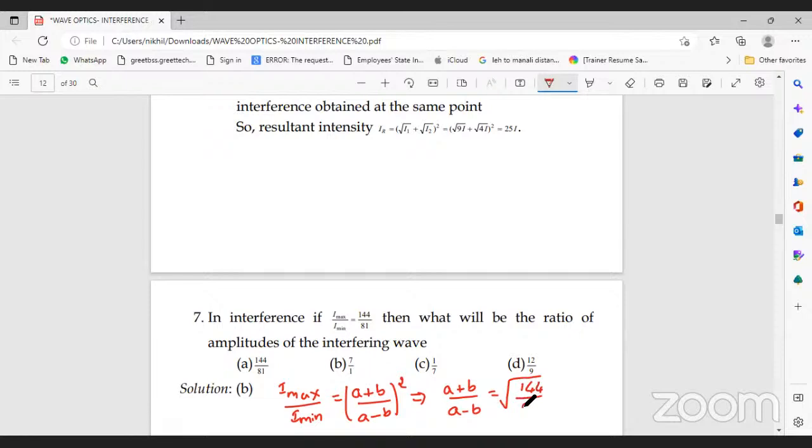That is root of 144 by 81. Root 144 is 12, and root 81 is 9. You can find what A by B is. Just have a look, you can do the reverse calculation. The sum of two numbers should be 12 and the difference of two numbers should be 9. So on inspection, you can take A as